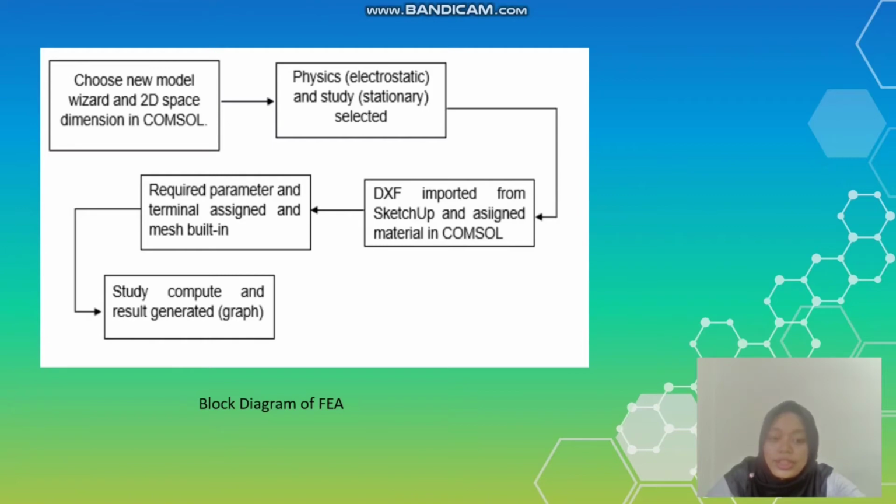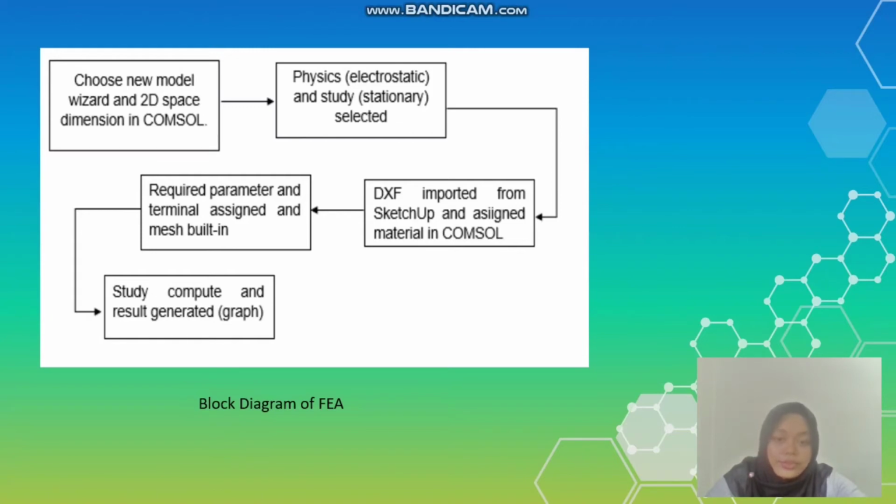Before starting the simulation in COMSOL software, we need to choose the new model wizard on the ribbon option. When it appears on the screen, we can choose the 2D space dimension to design the simulation in 2D dimension. It can also be designed in 3D dimension, but it needs a high space in the computer to run the simulation. Still, we choose the 2D dimension for our project to avoid problems while compiling, analyzing, and